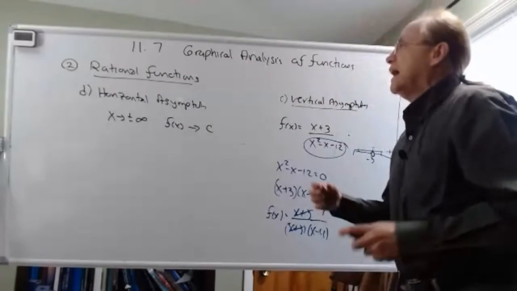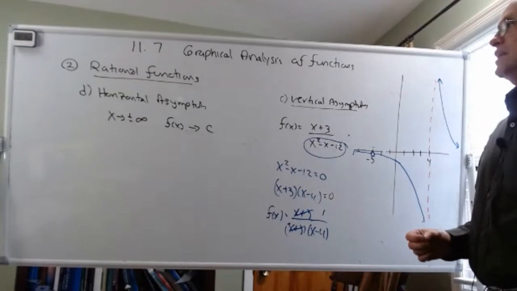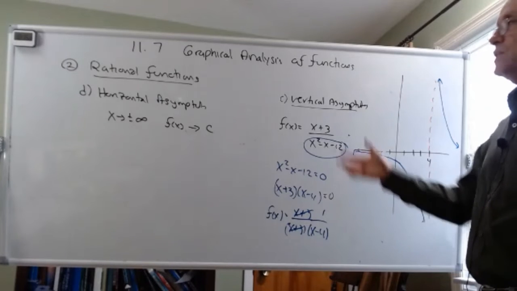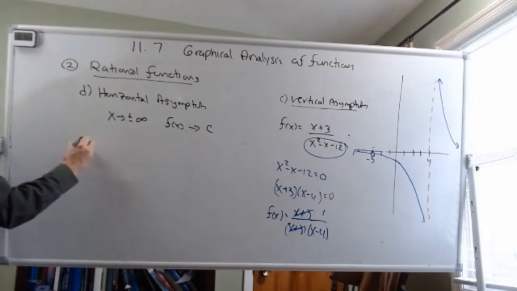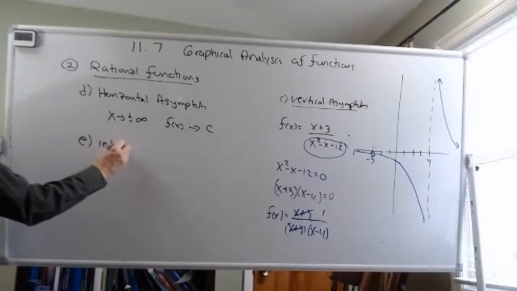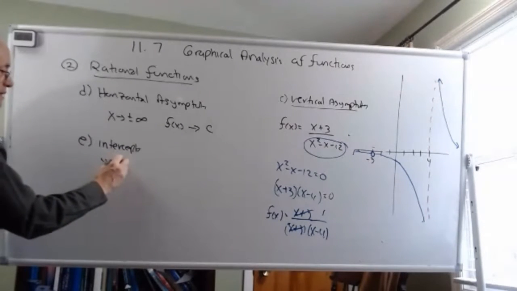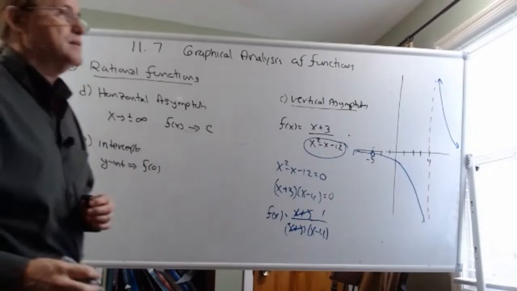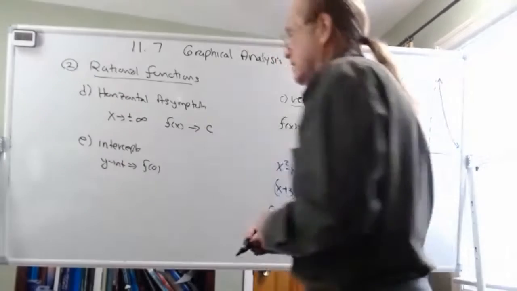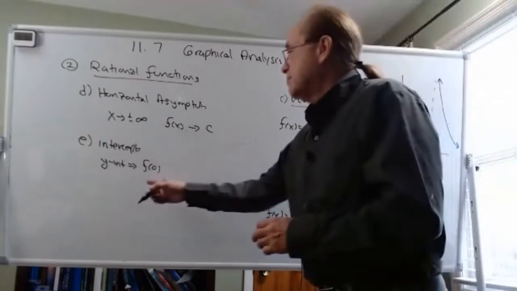Because that's what I expect out of you, to put all this together for the different types of functions. Now, those are the most important features. We also have the possibility of intercepts, so you have to look at those as well. The y-intercept is relatively easy. You work out f at 0, provided it's defined. For example, if you have 1 over x, it's not going to be defined, but for other things, it is. And the x-intercept,